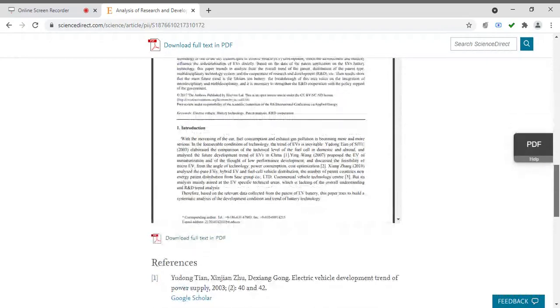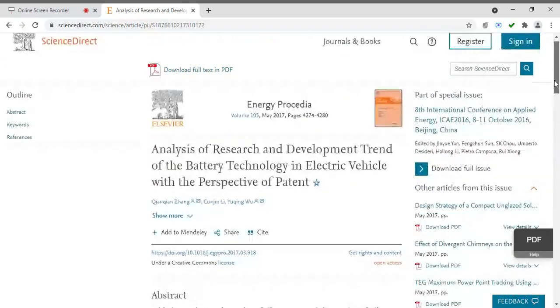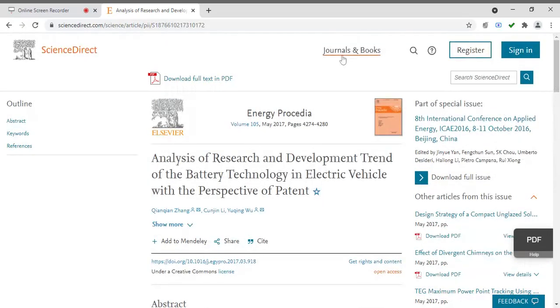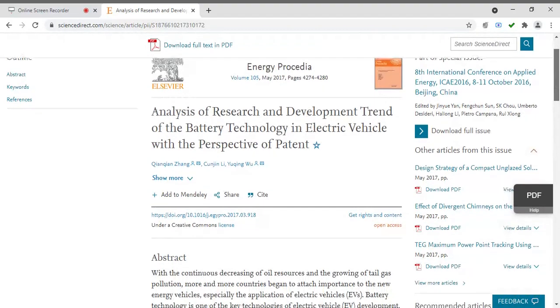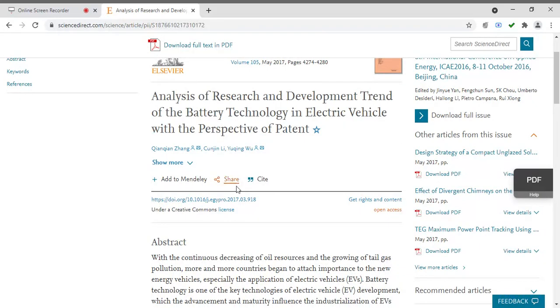And if you want to download the full text, you have to log in to your Science Direct account, and if it is an Elsevier journal, you have to log in to the Elsevier journal, and after that they are asking for some money. So what we have to do is, for each paper there is a DOI link. Over here you can see this is the DOI link. Whenever we take the cursor on this one, you can see it is getting highlighted.